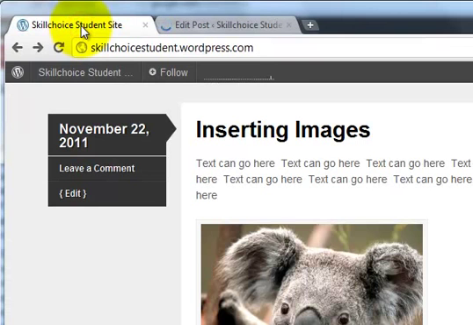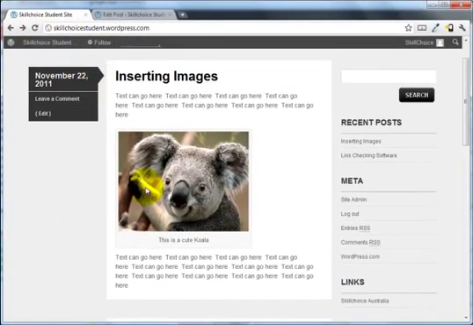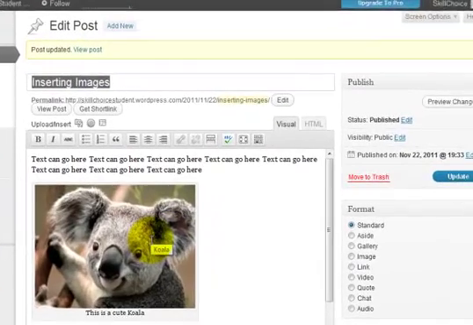I'm going to go to the front end here now, the live section. This is what everybody will see. I've done a refresh. It's changed the description or the caption as I wanted it. Now I can't click on the image. So it's not a URL anymore. It's not live. It's not hyperlinked to anything. And that's that. So to get rid of it, all I need to do is go back to edit mode,